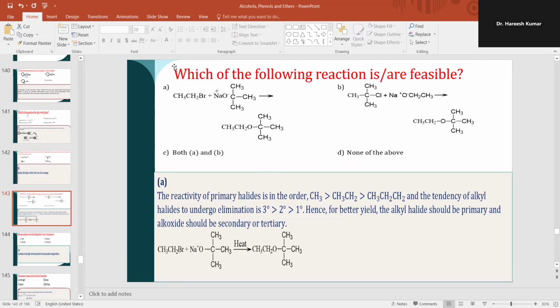Then which of the following reactions is more feasible? This reaction is nothing but a